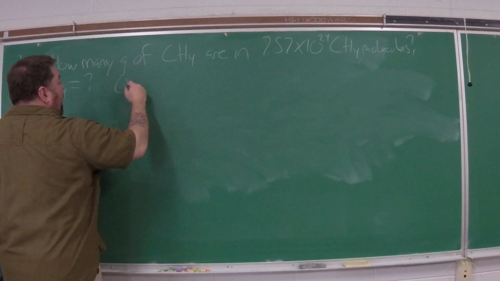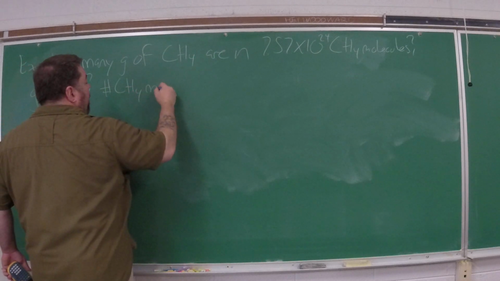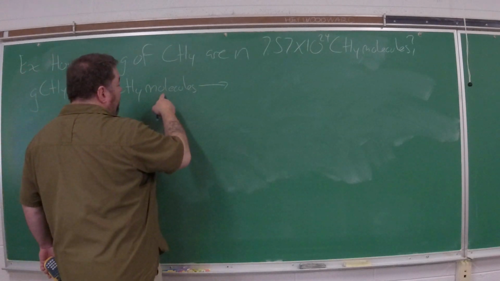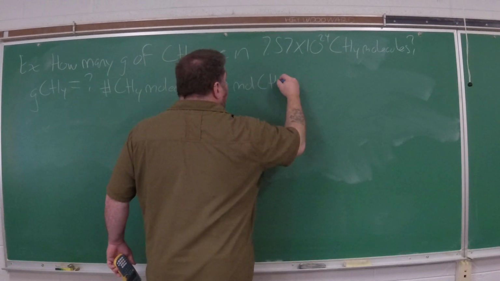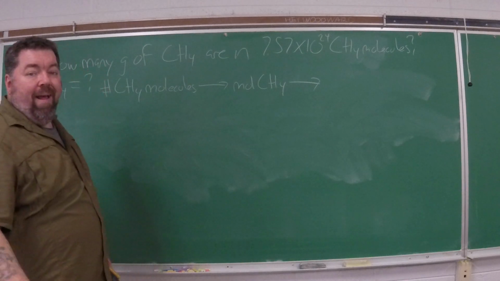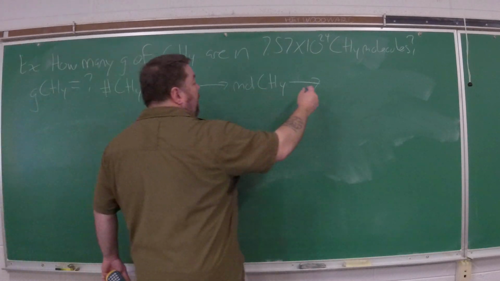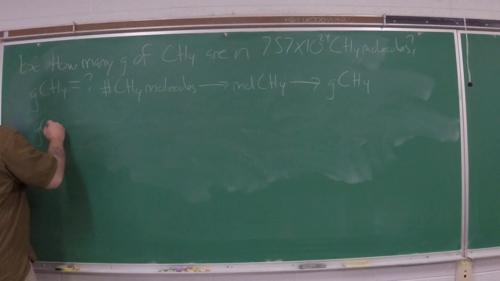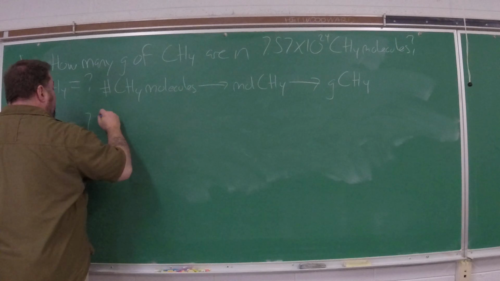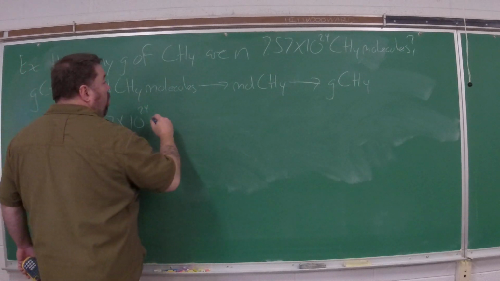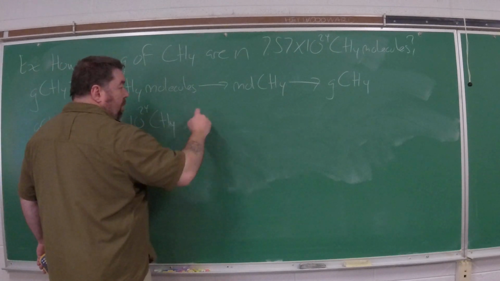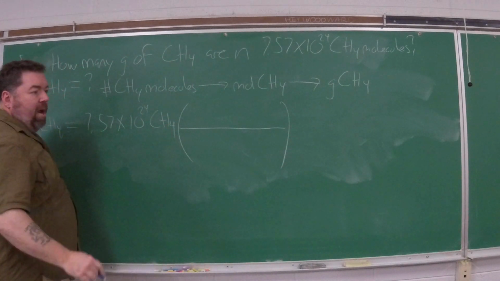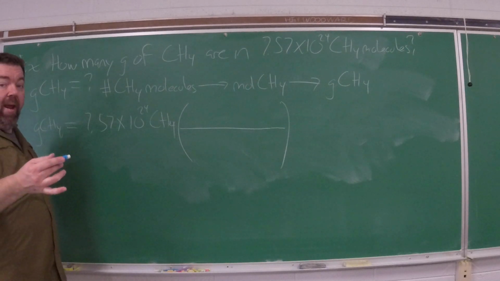I'm starting off over there. I'm going to go from number of methane molecules. I'm going to use Avogadro's number, right, definition of a mole, to go from number of molecules to moles of CH4. Once I have moles of CH4, then I can calculate the molar mass, and we can go from moles to grams of CH4, just like that, right? Starting off, 7.57 times 10 to the 24 CH4 molecules. I'm not going to write that, so I'm going to run out of room. Okay, so I want number of molecules to go away, so I'm going to put Avogadro's number in the